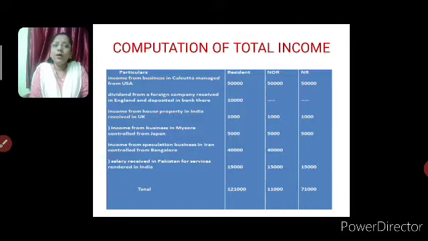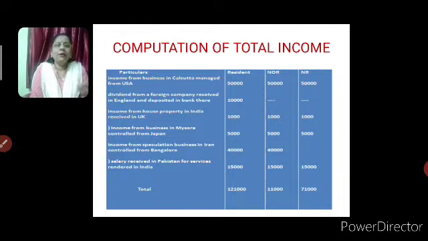But controlled from Bangalore. What does it mean? Controlled from India. I explained the theoretical aspects: that is income from business. If the business is controlled from India, that is Bangalore, then it will be liable to tax for the resident and not ordinary resident, whereas it is not taxable for the non-resident.